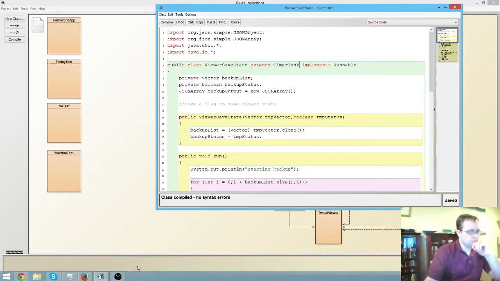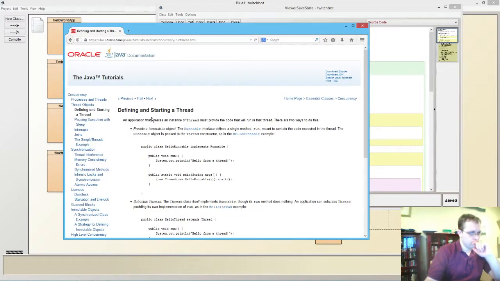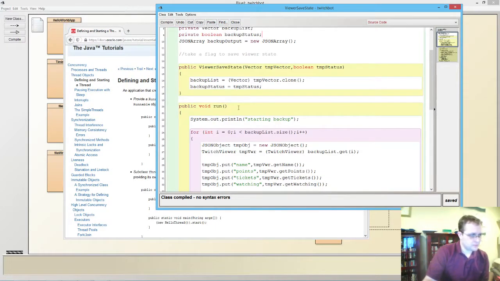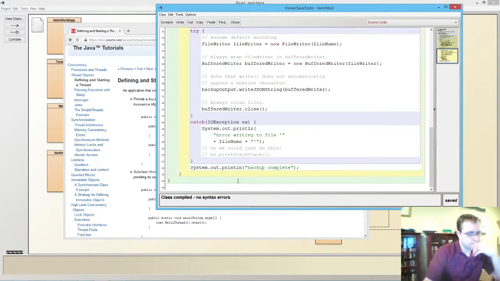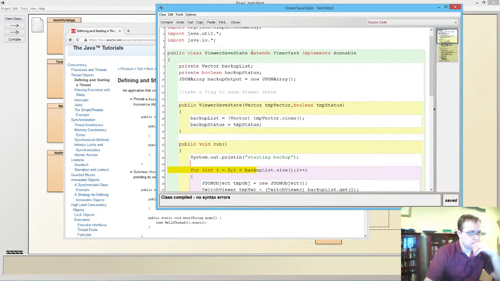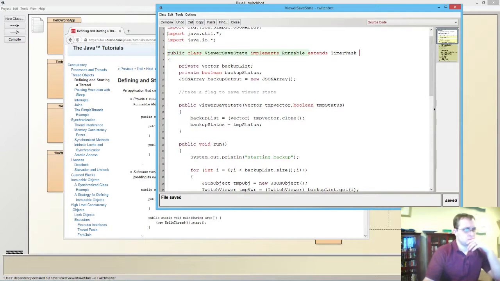Implements Runnable. Need any extra input? Got a public void run. Yep, public void. Can take anything. I wonder if any of these matter. Well,